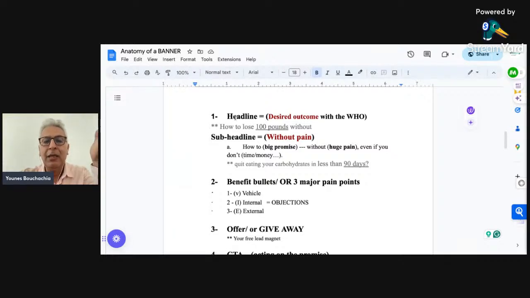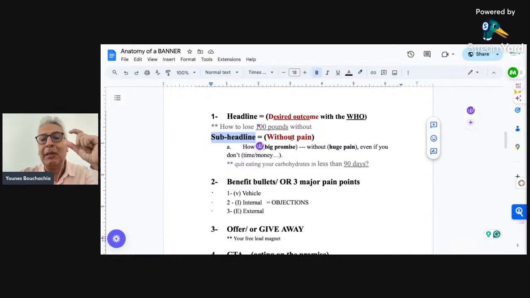and the headline speaks about a few things. It speaks about the desired outcome, but also it speaks about the who. These are two very important things that help capture the attention of exactly who we want to speak to, with the desired outcome that they are thinking about without even verbalizing it. That's the first thing. The second thing that we want to do is add a sub headline